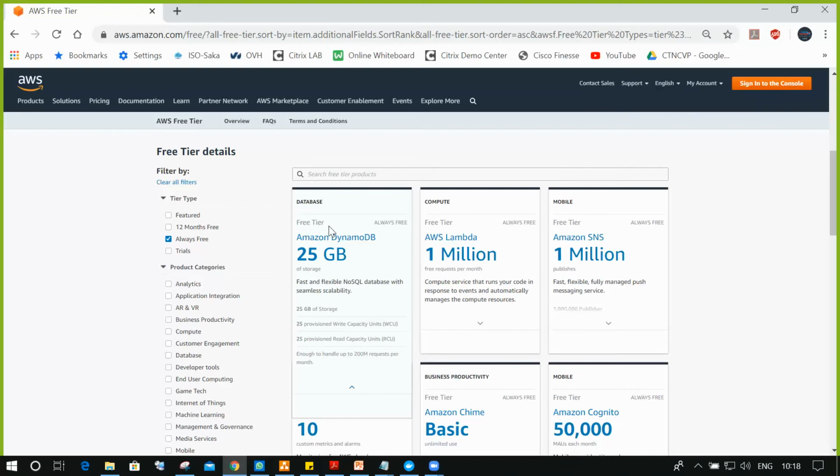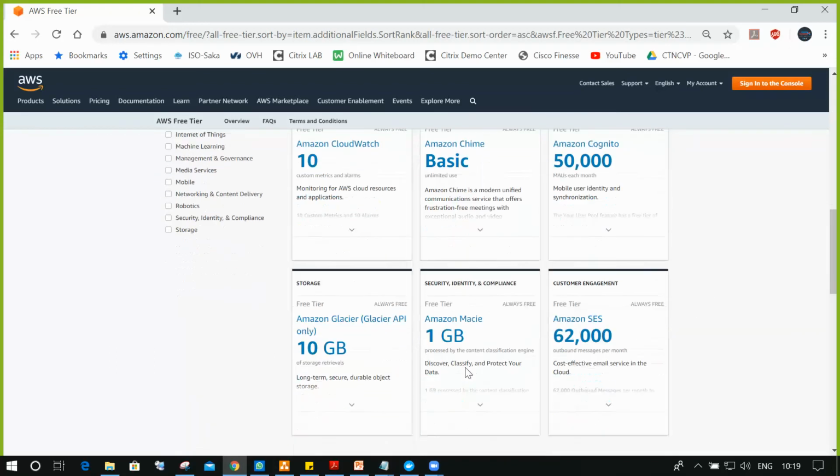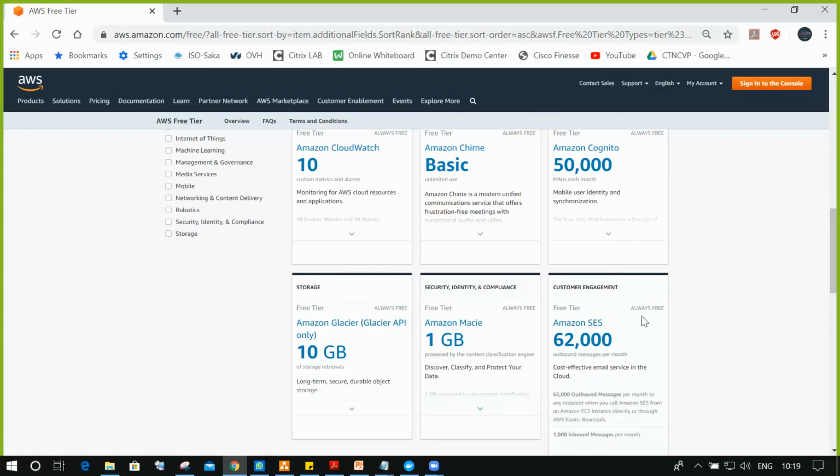If you go for the pay as you go model, you will be charged based on how much data you have in DynamoDB. Understood? It is the same way for each service: based on the parameters and metrics, the particular service takes care of it.